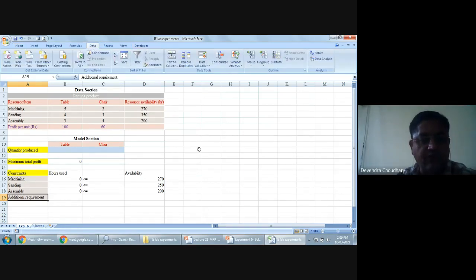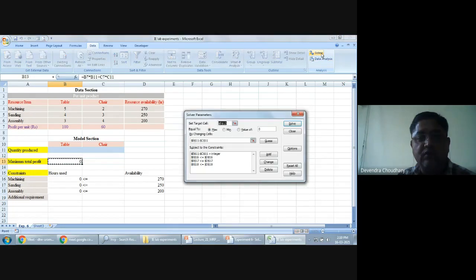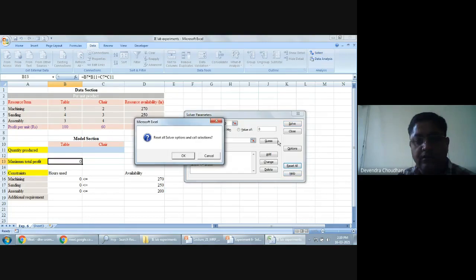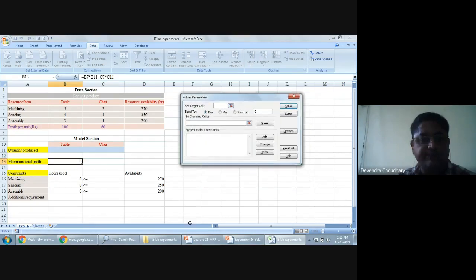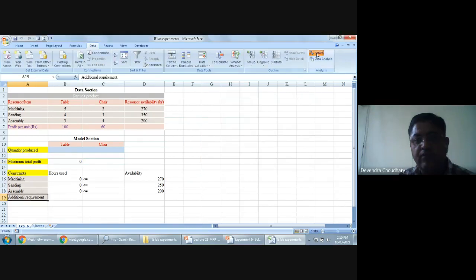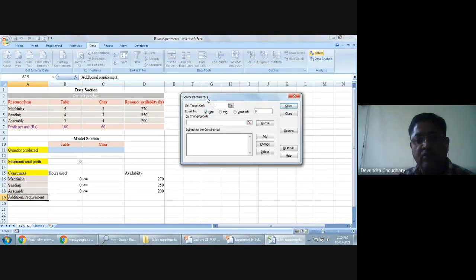So now we can solve this problem with the help of Solver. We press Data, then press Solver, and you get this Solver Parameters table. When you click on Solver, you get the Solver Parameters.